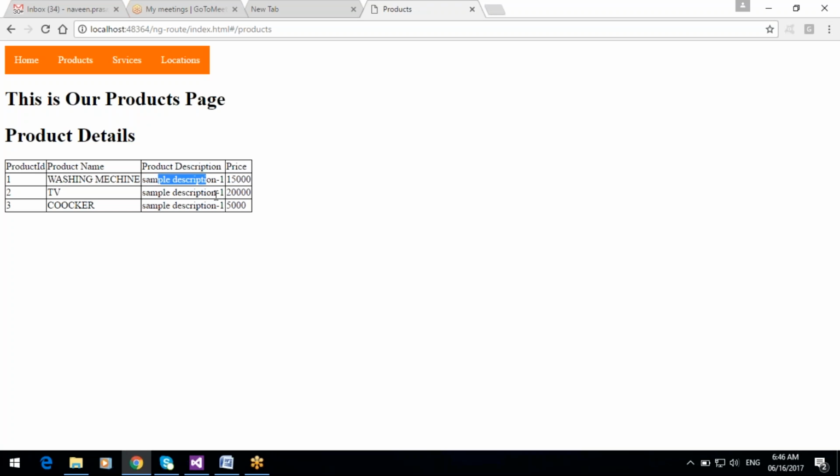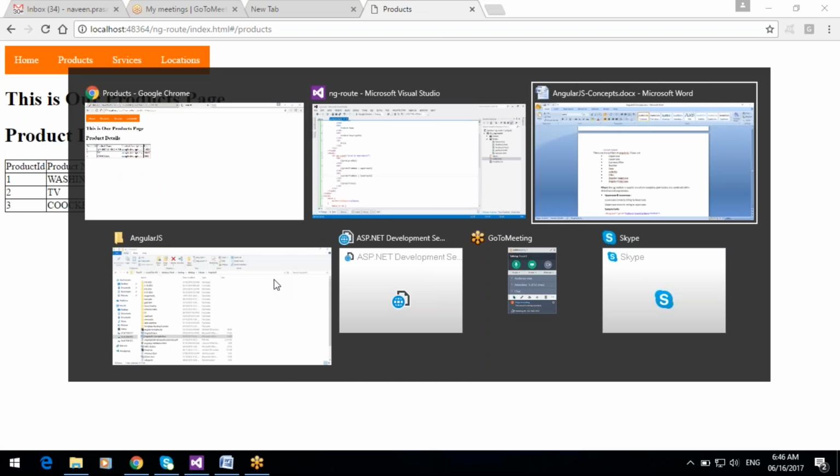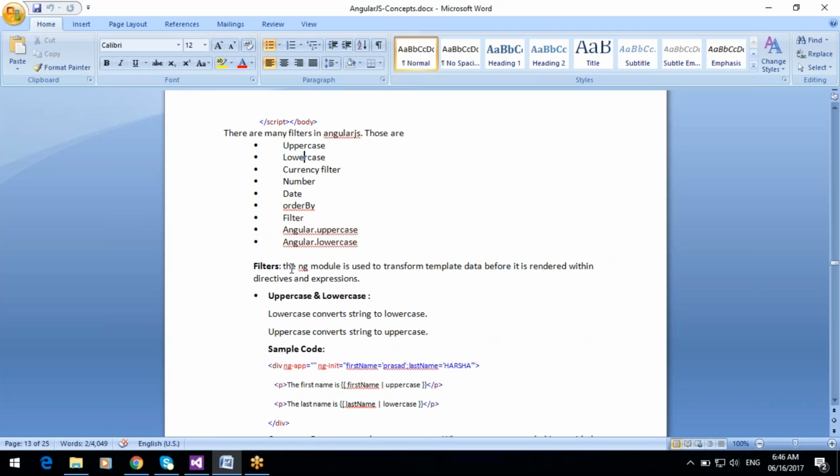The uppercase filter converts the string to uppercase, and the lowercase filter converts the string to lowercase.